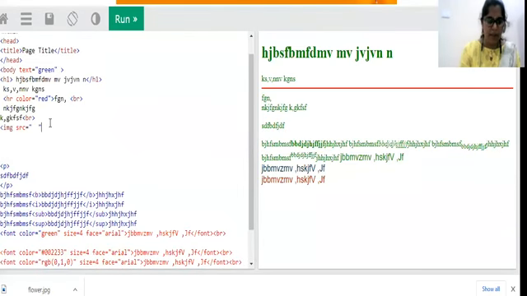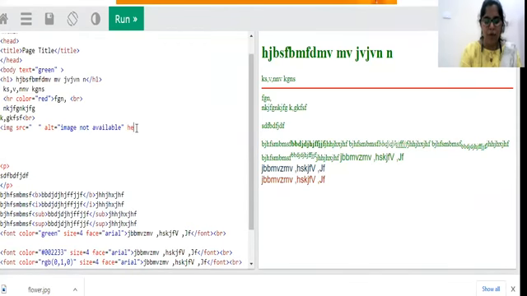and here we are going to keep the source. Then an alternative message we are going to keep. Suppose that particular image is not available, then we should display some message, right, to make the user understand what happened, whether it is running properly or not. So here I am mentioning "image not available". If that particular image is not available, then this text is going to be displayed in that place.